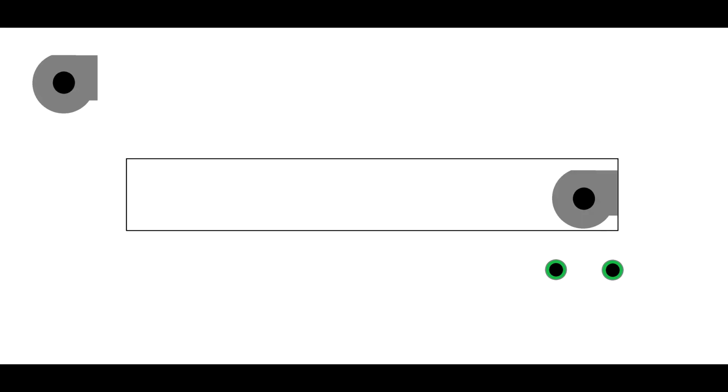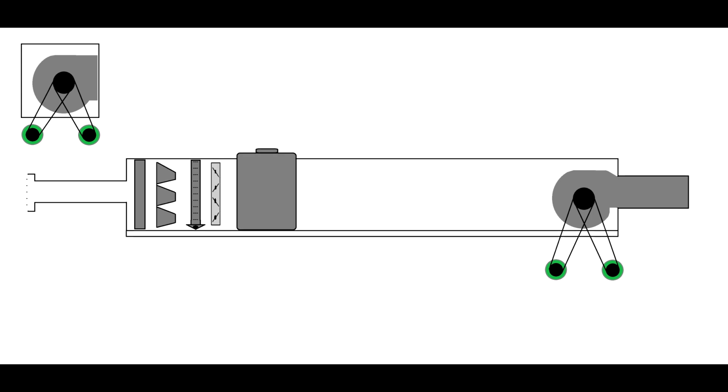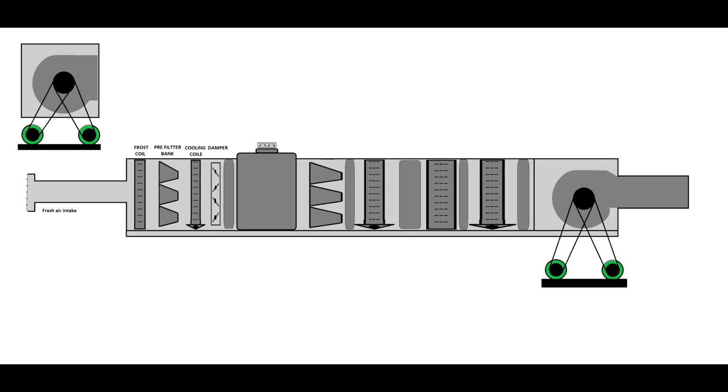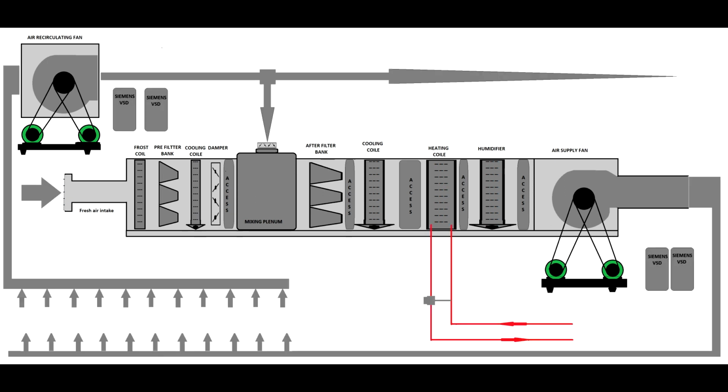To understand an air handling unit, it is not hard. You just need a little bit of common sense. As you'll see here, we have an air handling unit that has a supply and extractor fan controlled by two motors. The reason for this is that if one motor crashes, the other one should take over. Otherwise, we could lose an important process where the pressure in the rooms has to be kept constant above the